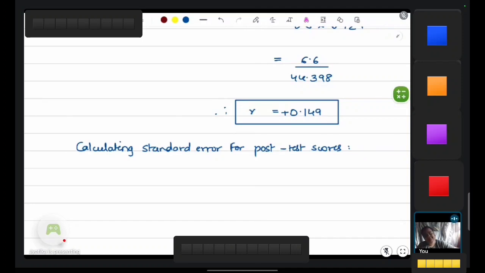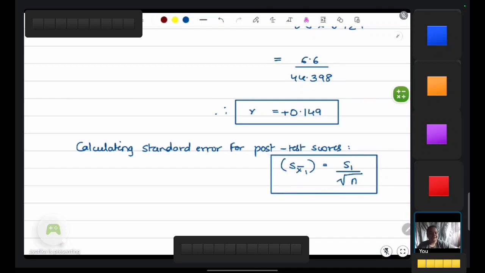In the subscript. Okay, so I will denote it as S X bar 1, and the formula we've already discussed. It is S1 divided by square root of N. Do I need to write N1? No. So S X bar 1 is equal to